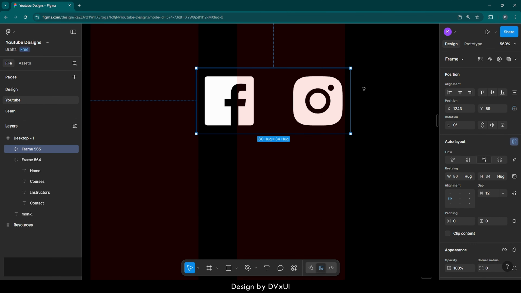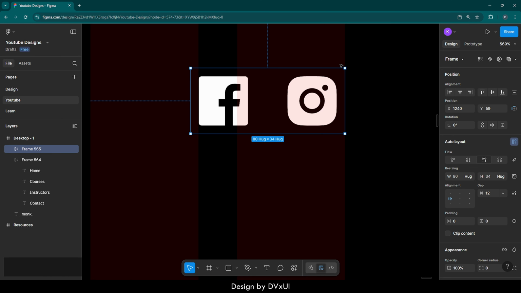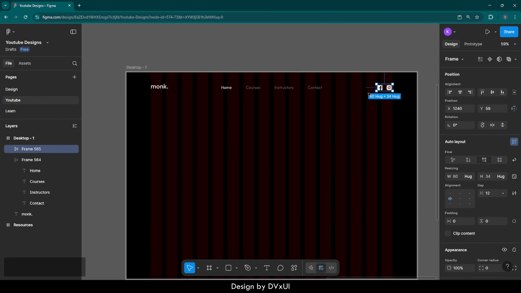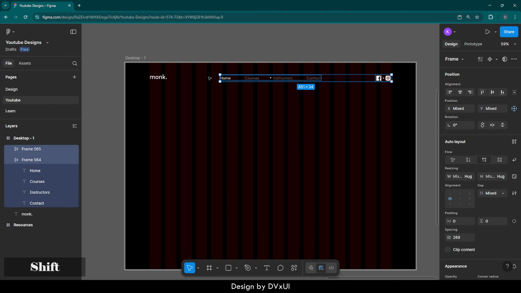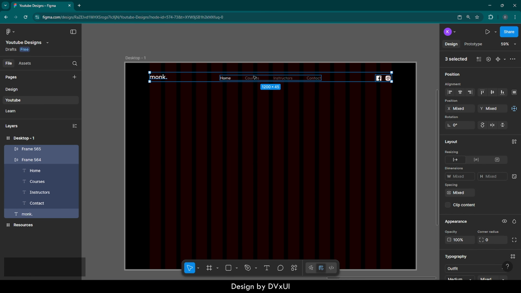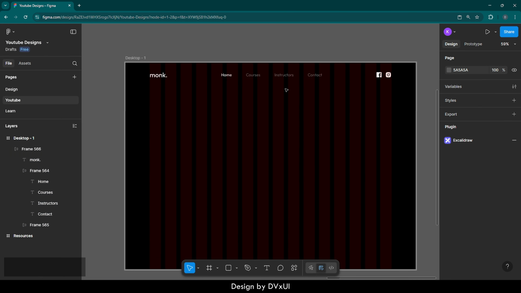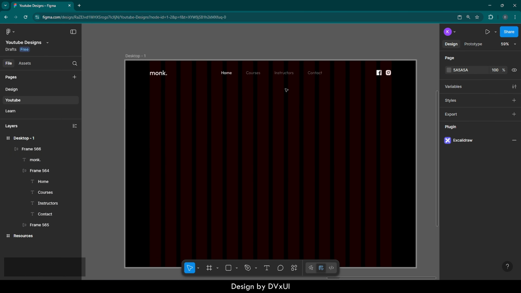Let me zoom in. And we need to make the alignment perfect. So make it left a bit. Perfect. Now what I can do is I can select all these elements since they belong to the header. I can use this alignment tool to align them at the middle, place them at the top. Perfect. And now optionally what I can do is I can right click and give them an auto layout. And this will make them look perfect. Now since our header is ready,